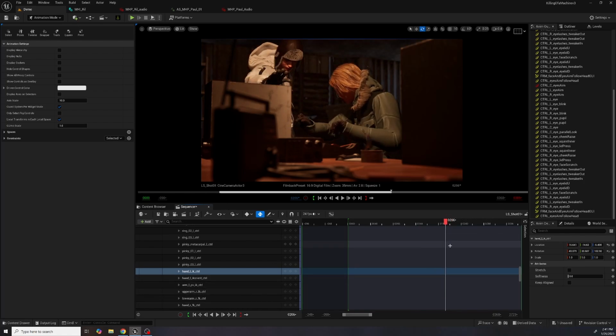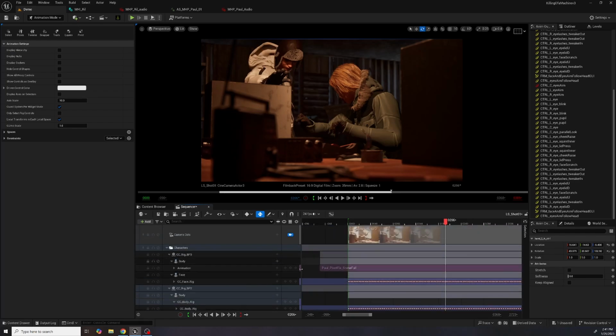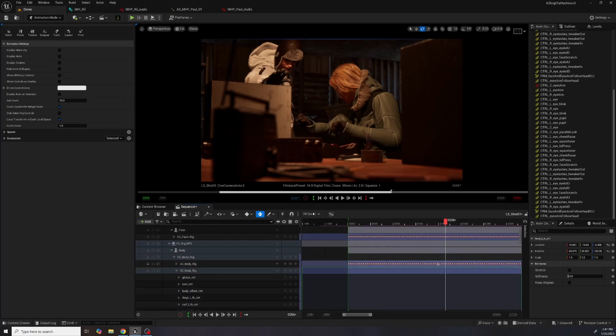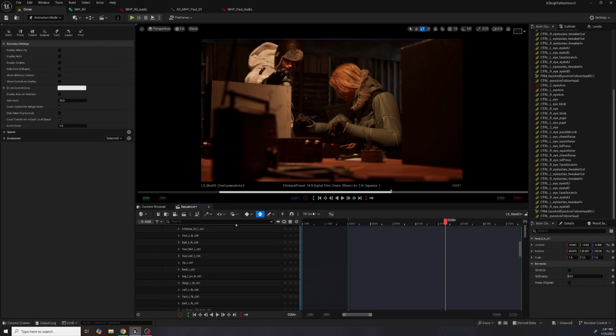Alright, so I'm going to show you guys, now that we switched to IK, I'm going to actually make a change on the additive layer. Okay, so go to your additive layer of the control rig here. And before we do anything though,